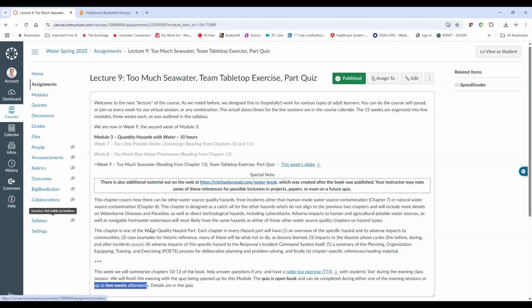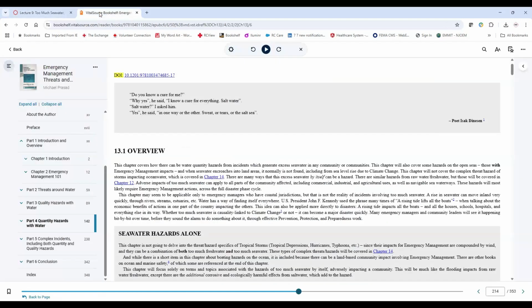So we're on, as I said, week 9, which is chapter 13. So we'll go ahead and switch over to the book. Michael, can you tell me, can you see the book chapter at this point? You're on your computer, or Jim, or Thomas? I can see it, yes. Okay, great. I just want to make sure it's switched on the screens.